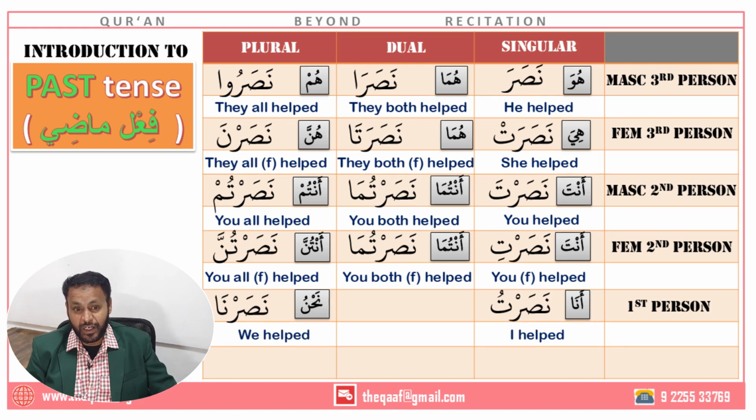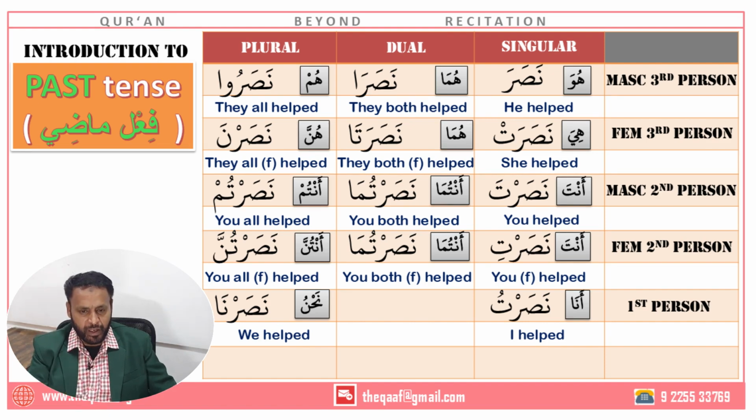So this is not one table. This is thousands and thousands of tables. For your understanding, you already know that in this table the first column is all singular, right? The second column is dual and the last column is plural. That is column wise. Similarly, row wise, we already know that the first and third rows are masculine. Same as the pronoun. That's why I told you when we were studying pronouns, please pay extra attention. If you master the pronoun table, it will help you in the fail table. It's exactly like the pronoun table. 14 pronouns, 14 past tense.